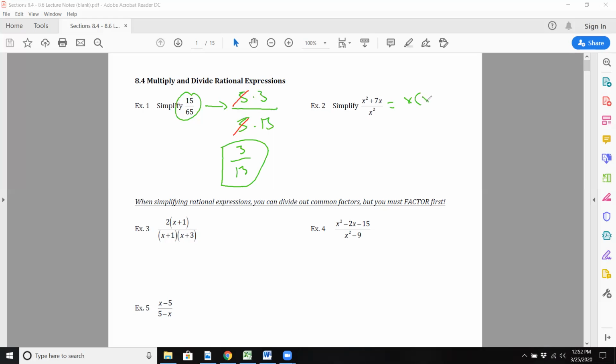And again, I am recording this, so if you just want to sit back and watch and jot this down later, you could. So I factor an x from the top. Things cancel there, so you just get that. What I don't want you doing